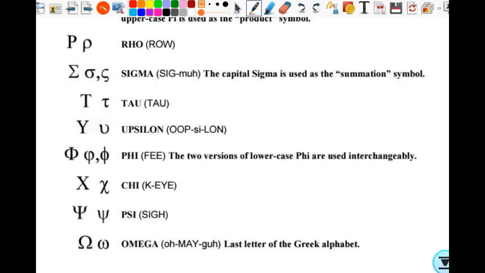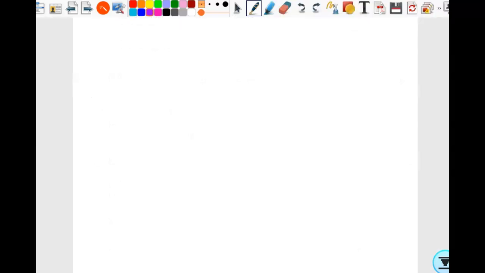All right, so let's get back over here. So that's it for the Greek alphabet right now. Let's talk about, before we actually start the notes. So in geometry, you did basic right triangle trigonometry. And it's all based off of right triangles. However, you can apply trig to triangles that are not right triangles. We will eventually get to that. Right now, we are still focusing on right triangles and the right triangle side of things.